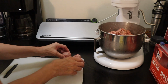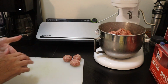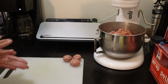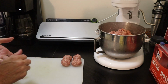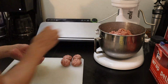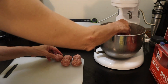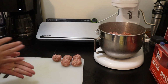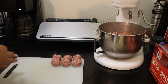Now what happens here is that you have ready-made food. I started doing this because I really didn't like making it individually every single time. So this way I have, I don't know how many meals ready. I'll count them when I'm done, but between Mark and I, we use about 8 meatballs per meal. Sometimes he wants more, so he'll cook more, but on average he'll pull out about 8, and that's what you can do. Pull out what you're going to use and leave the rest in the freezer for the next time,